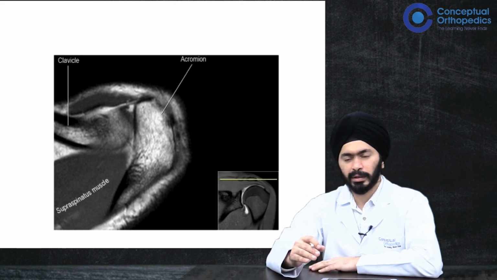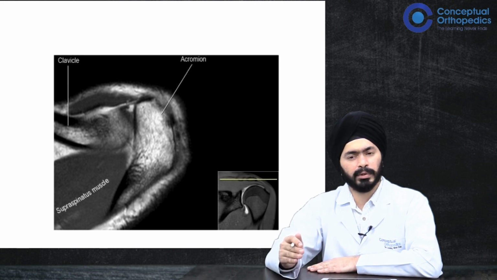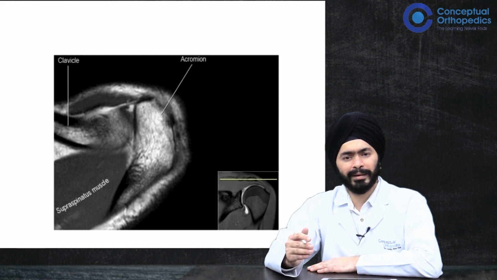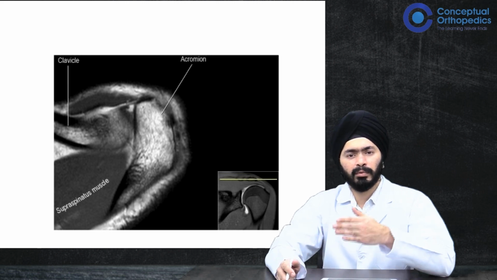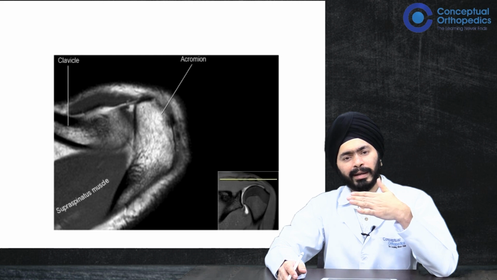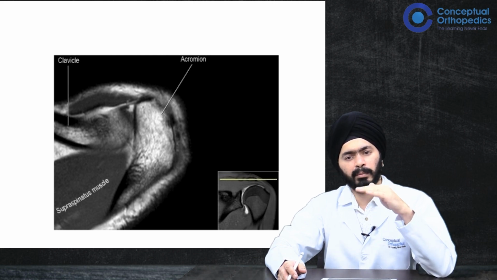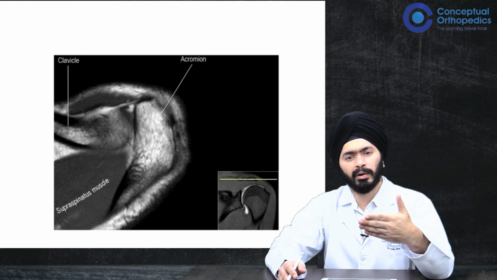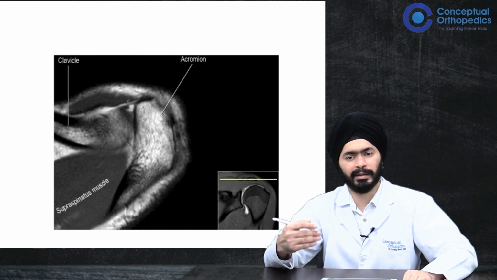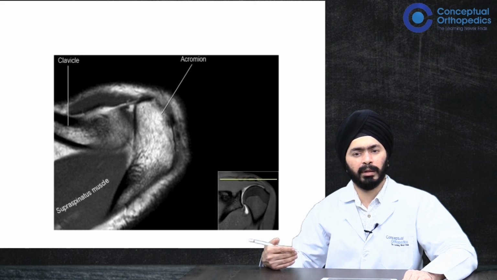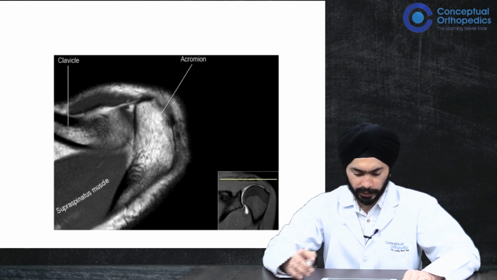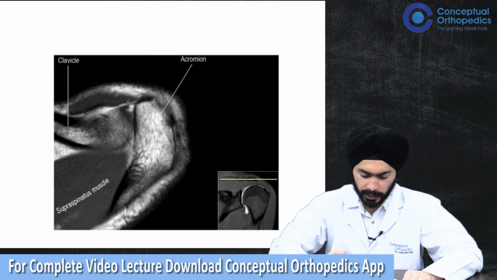In the upper sections, try and look for the coracoid process. The coracoid process is the lighthouse of shoulder MRI. If you find the coracoid, you will be able to make out the anatomy, so which structures are where. Coracoid is a structure which is in the uppermost sections and at the anterior part of the shoulder. So where you see the coracoid process, that part is anterior in the axial section, and the opposite part would be the posterior. Here you can see the acromion, the clavicle.